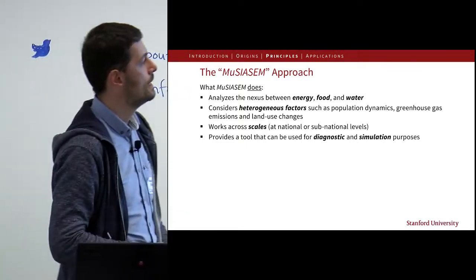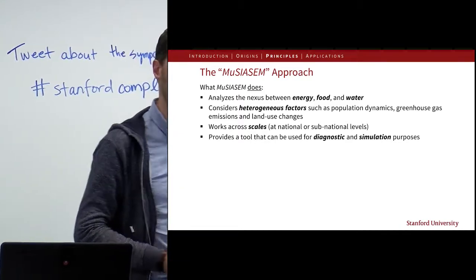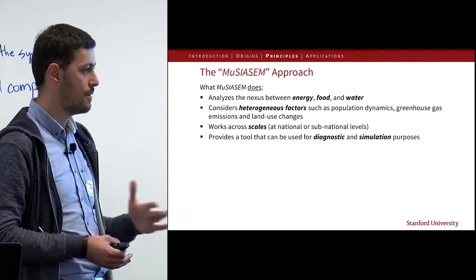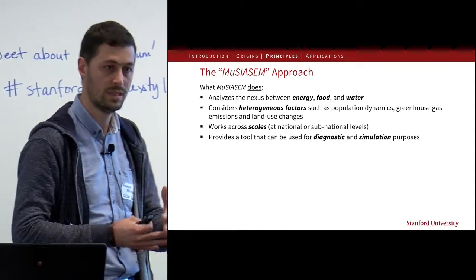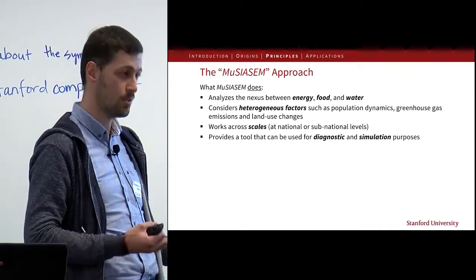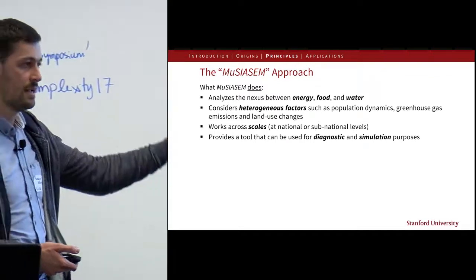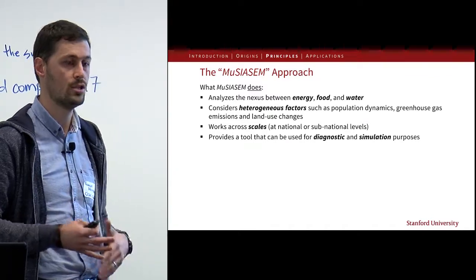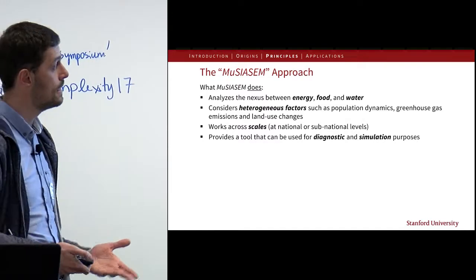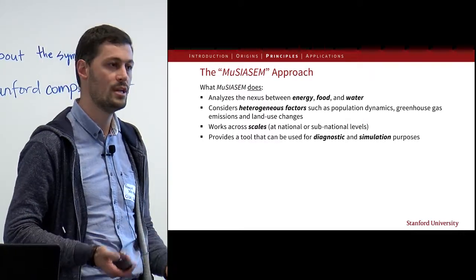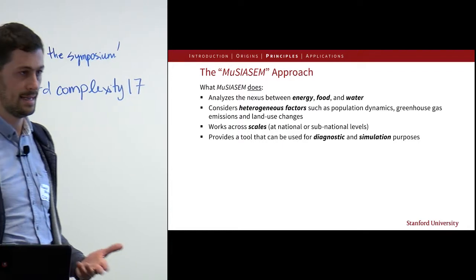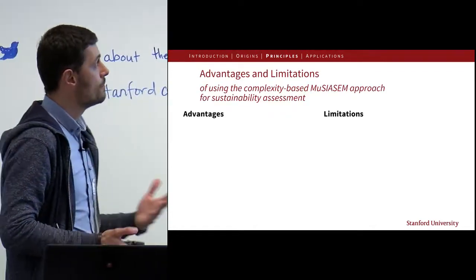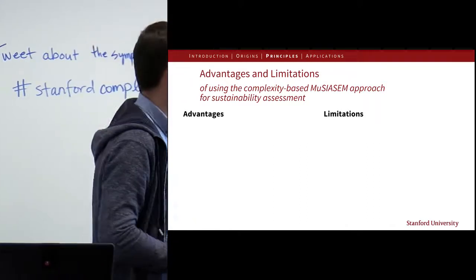And generally speaking, it's used first as a diagnosis in which we generate an accounting of how we describe how the society is organized at the moment. And we have thereafter the metabolic rates and indicators and allocation of flows across the scales. And thereafter, we can make some simulations, stress tests, scenarios, and so on. So it has some advantages and limitations, as a matter of fact.